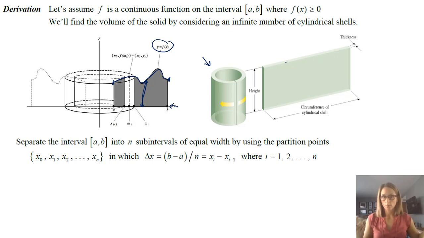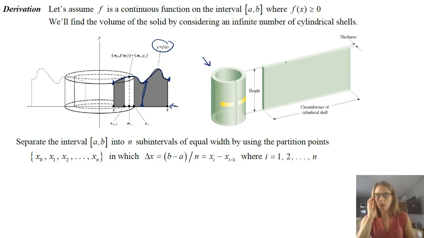So in class I have an oatmeal container, but that is in my office. So right now I have a coffee can that I have taken apart completely. So what happens is you're doing a bunch of these shells, and some of them have a smaller radius and some of them have a larger radius. But the idea is if you were to open this up, and of course this is not what it's meant to do, you're going to see a rectangle, and it has some sort of depth to it, but all it is is a rectangle. So you're basically just adding up an infinite number of these rectangles in order to find the volume.